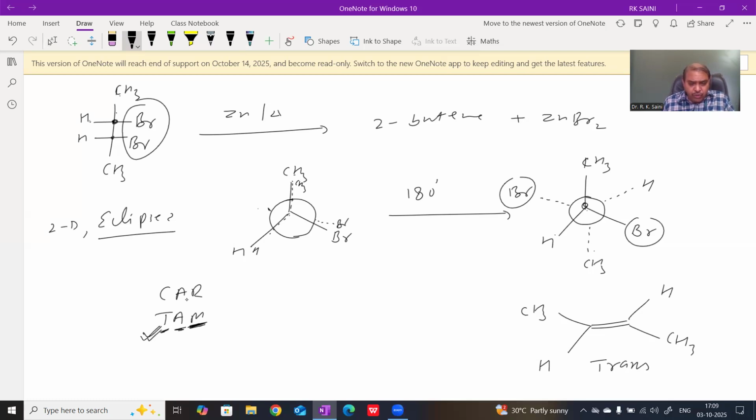Similarly, in case of addition, we write trans-alkene, anti-addition, then the product is meso. Now we read meso product, anti-elimination, and the product is trans. Check the question. For example, in case of racemic mixture